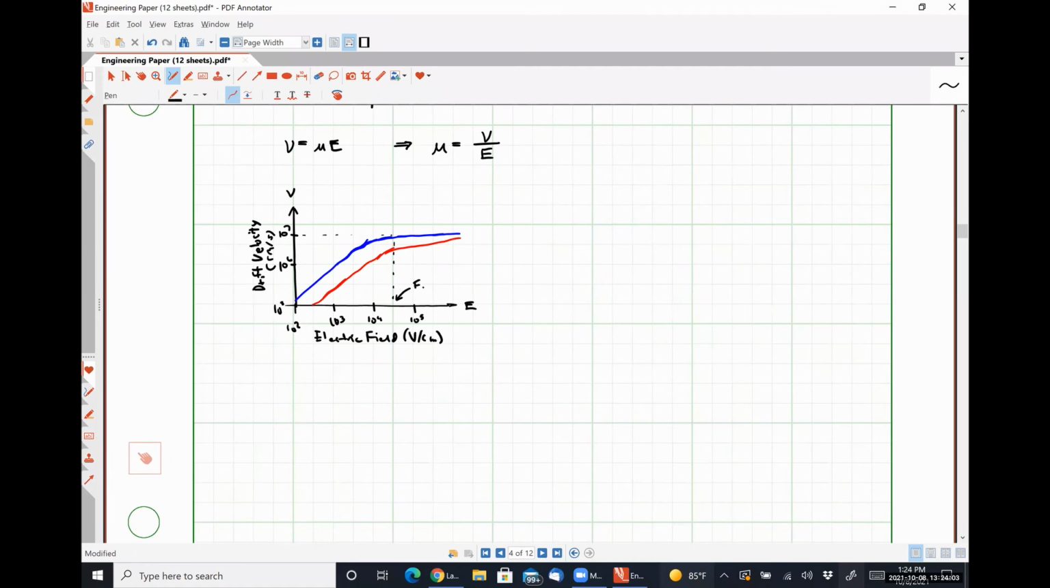So this value here is what we're going to call the critical value for the field. Effectively all this means is that when we apply some VDS voltage that's too high, our charge carriers are going to slow down. It's going to negatively impact the performance of our device,